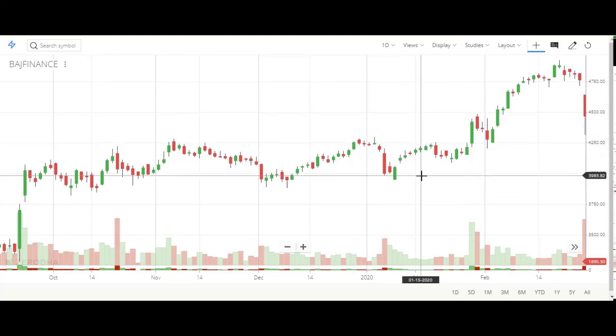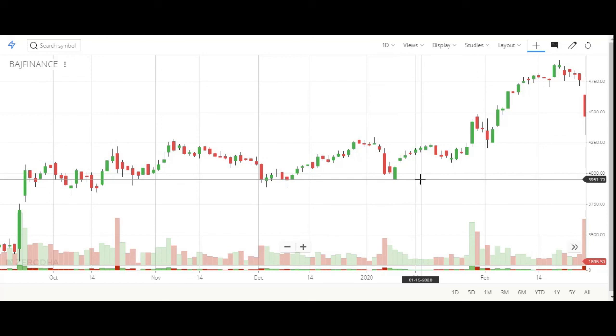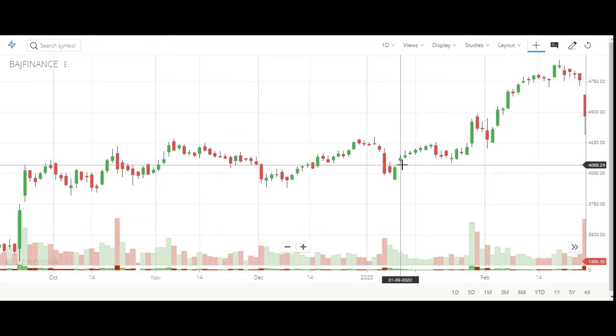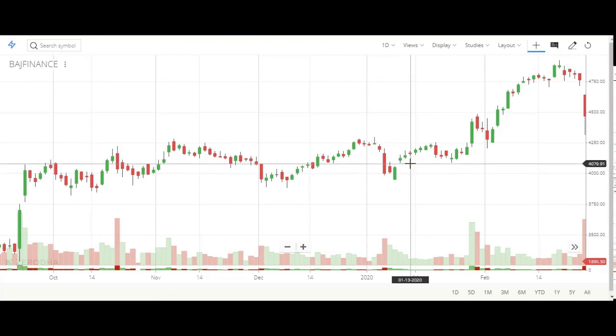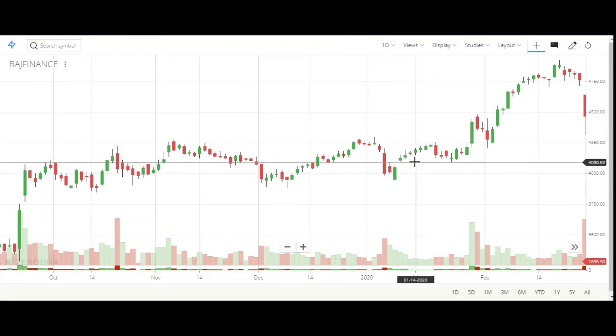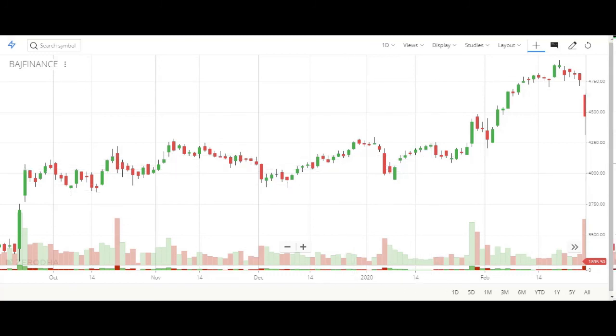And please make sure that you always trade with a proper stop loss here. Okay, we cannot say that this is a holy grail strategy which will give you profit all the time. So if the trade goes against you, you should be ready to accept your loss as well. Always maintain the stop loss at the low of your bullish Marubozu candle, and you should enter the trade above the high of the bullish Marubozu candle on the very next day.